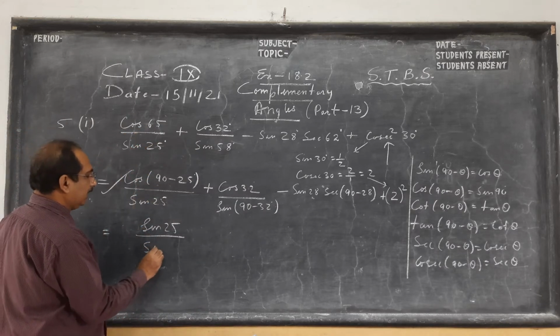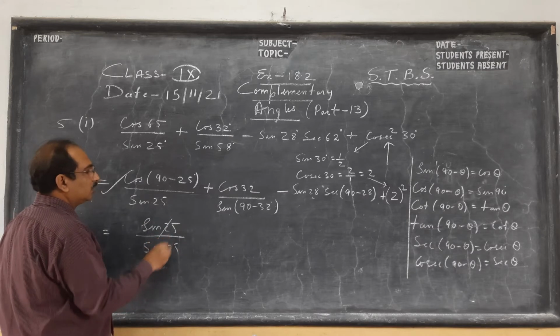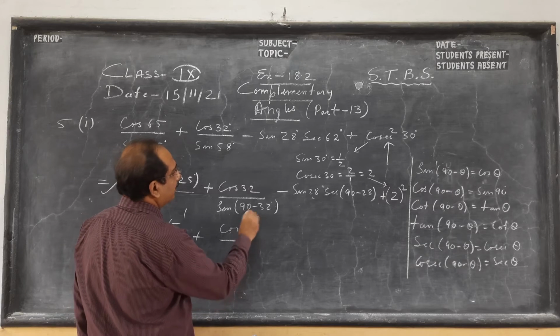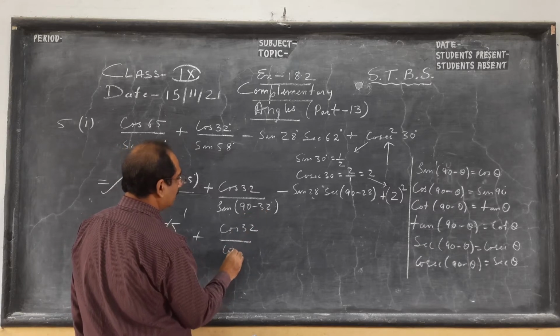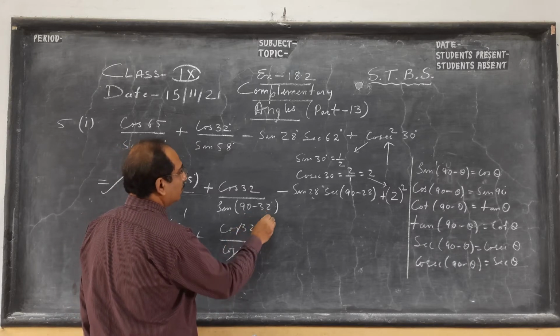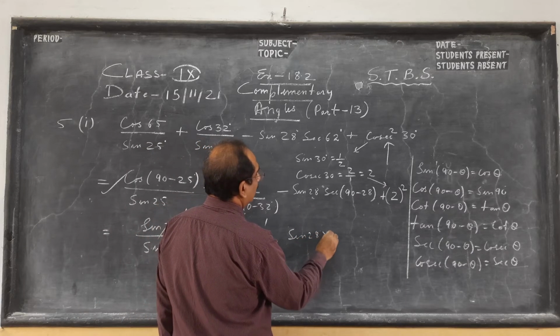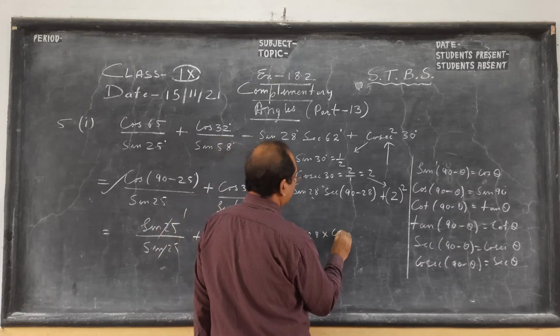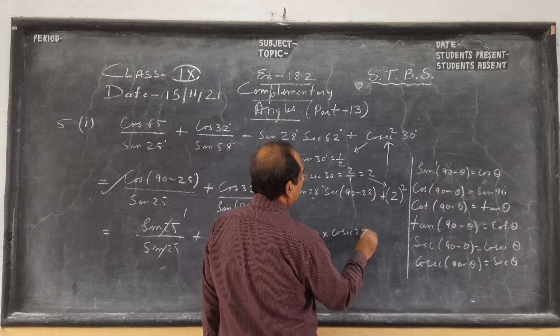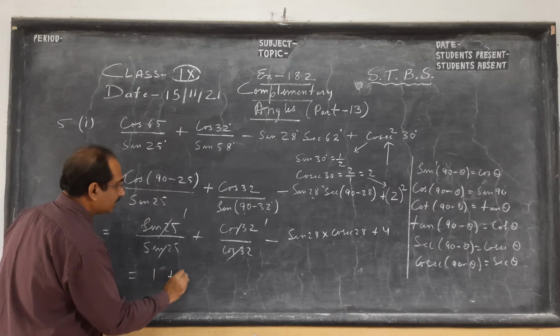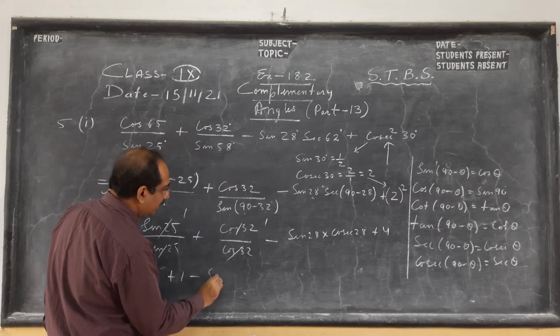Then this sin will give you 1. So I get 1 here, same thing here, cos 32. Sin 90 minus theta is cos theta, so this also gives you 1. Here this one, sin 28, sec becomes cosec 28, and this is 4. Now 1 plus 1, this sin 28,